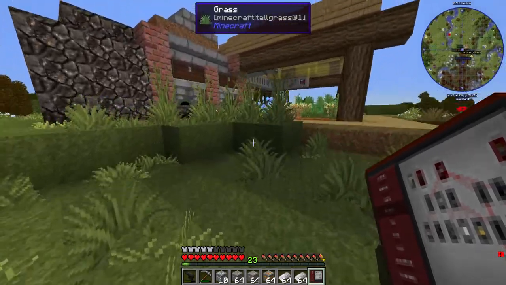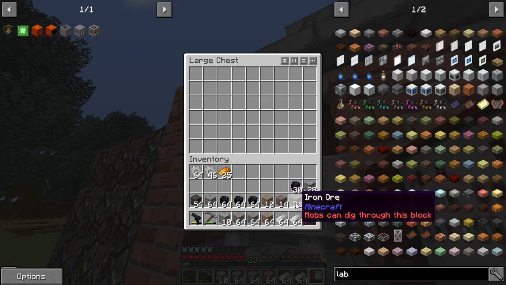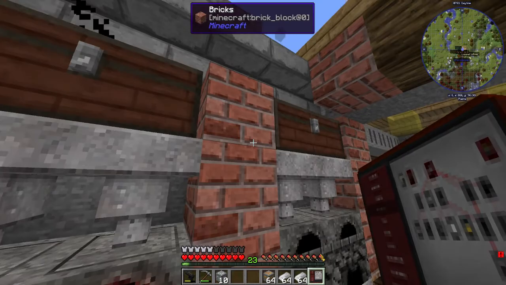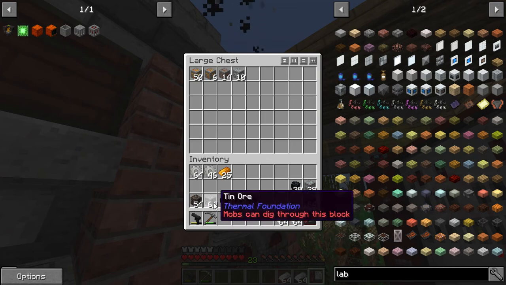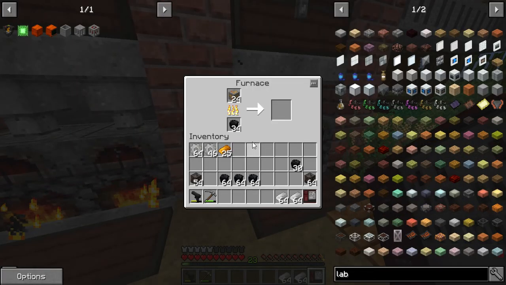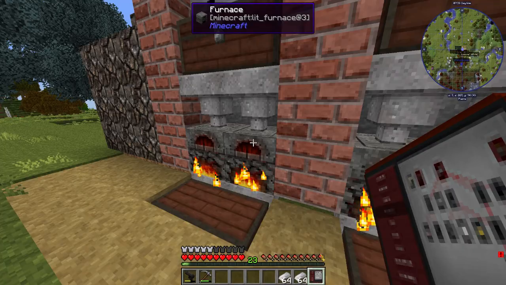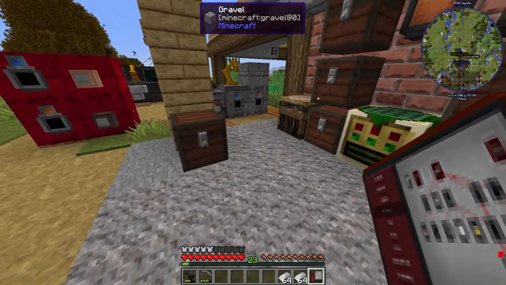Alright. Let's pop our iron up in that one. Could do really with having more, being able to feed it with, still got plenty of coal in there. Also feed it with coal as well. Okay,